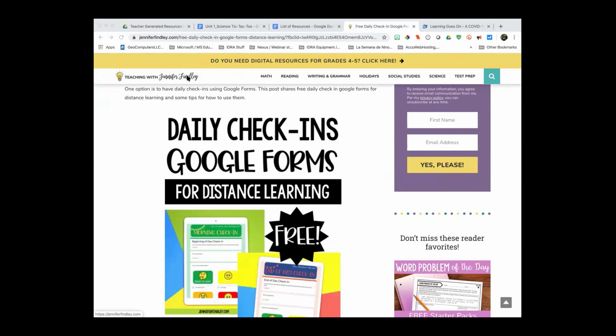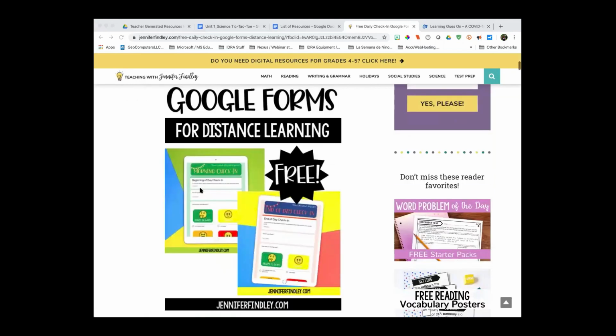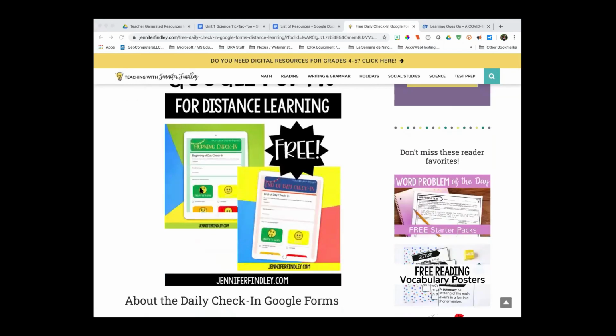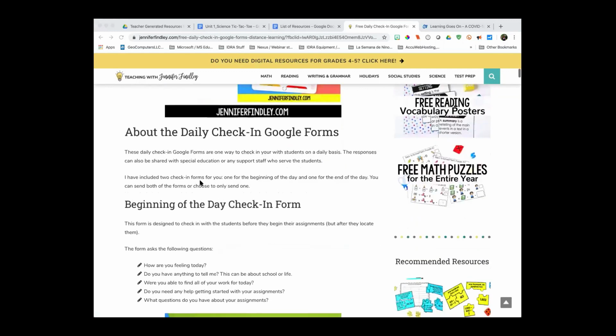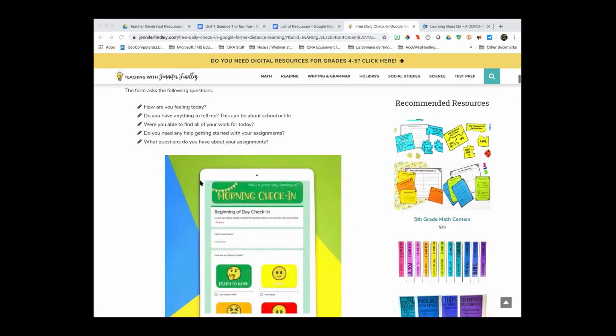So yeah, the daily check-ins are another resource that an educator has put out for teachers to use. They're completely free. And what they basically are is check-ins for students to think about and self-assess how they're feeling today, and if there's anything that they want to remember to ask the teacher. So these can be printed, these can be placed on Google Classroom, these can be placed on a USB. So again, lots of options, but it's basically a reminder for the students just to think about how they're feeling